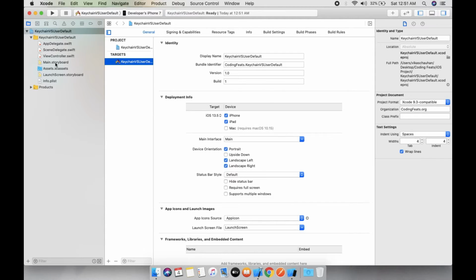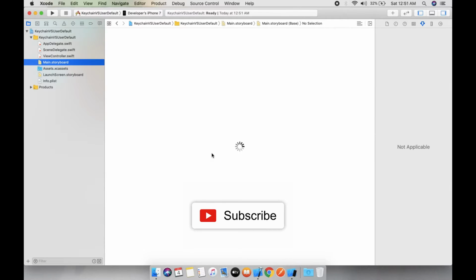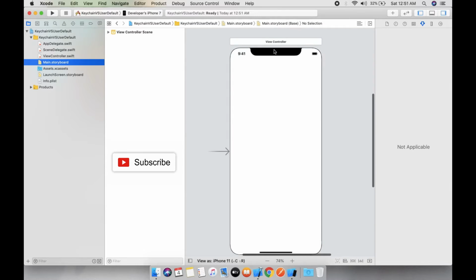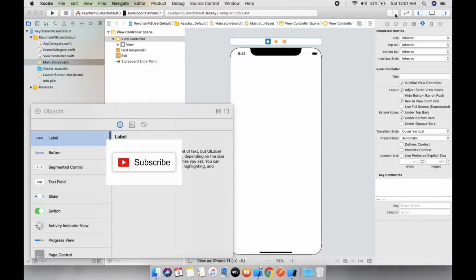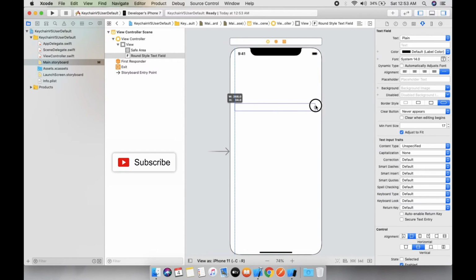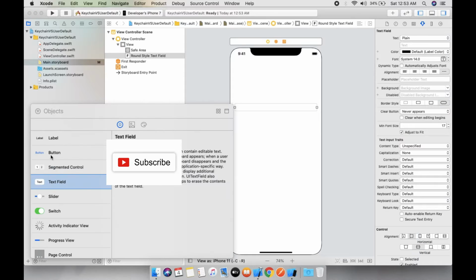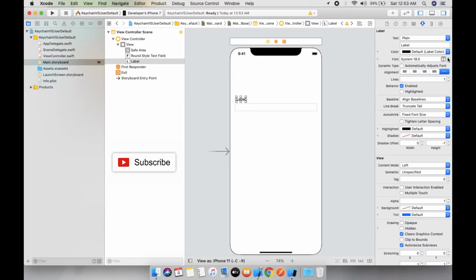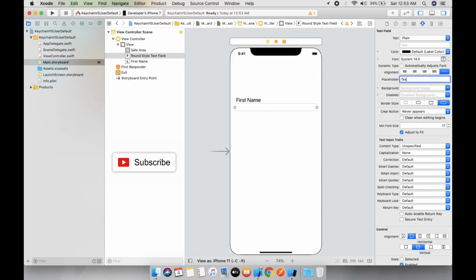So now I am moving on to Main.storyboard, and in Main.storyboard we take two text fields and two labels. We can name this one first name, with placeholder text 1, right?